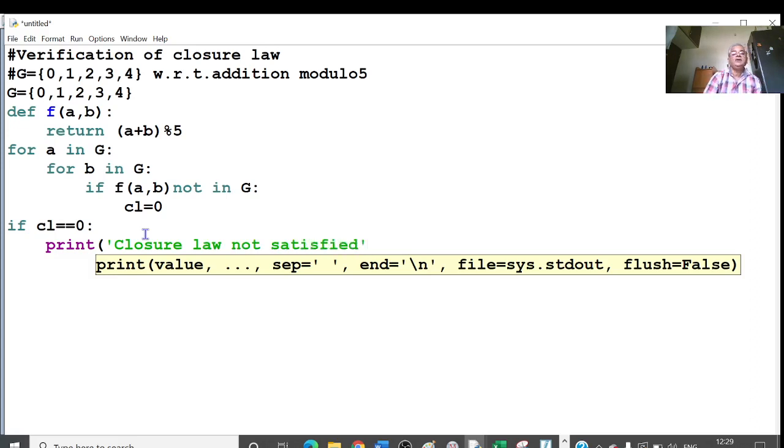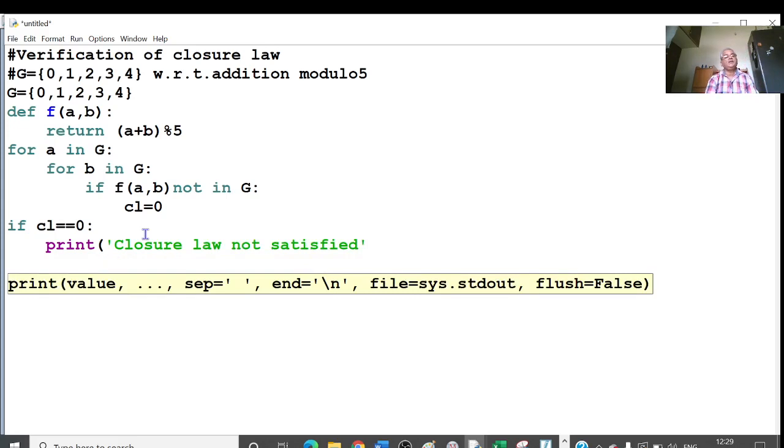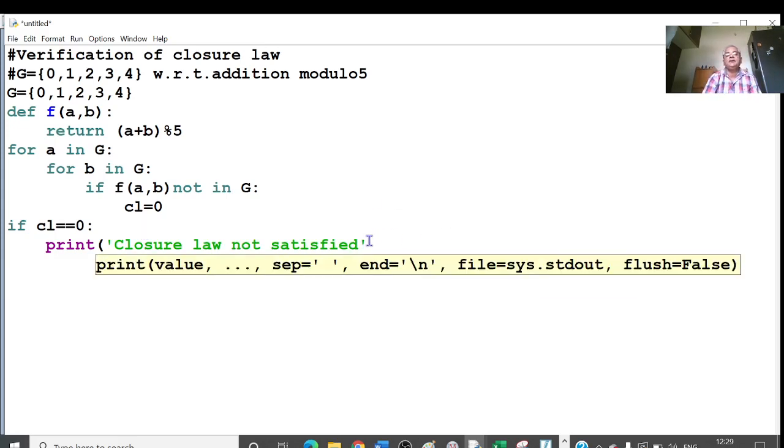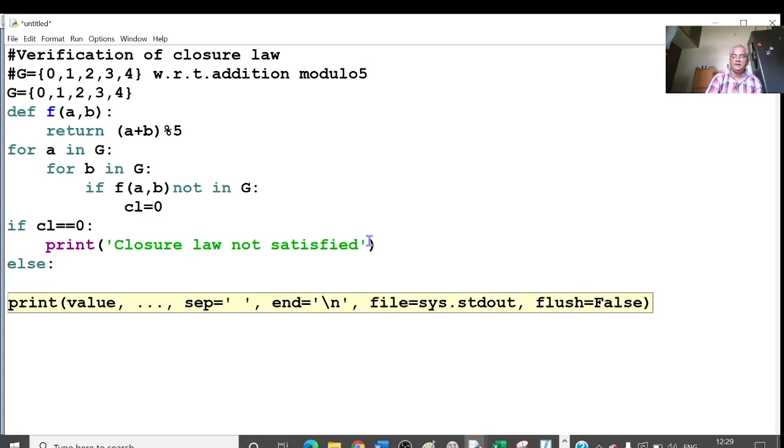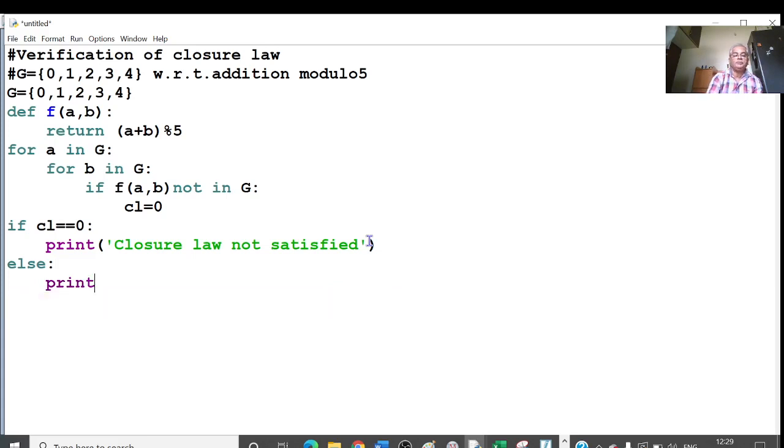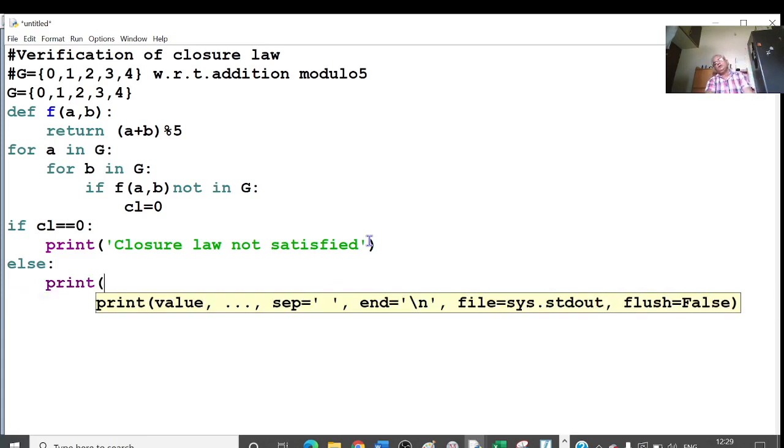Close the bracket. Then I have to write else in the same line as that of the if statement, else colon, press enter and give one more print statement: print open bracket, give a single quote or double quote.